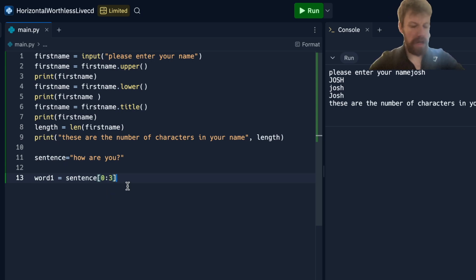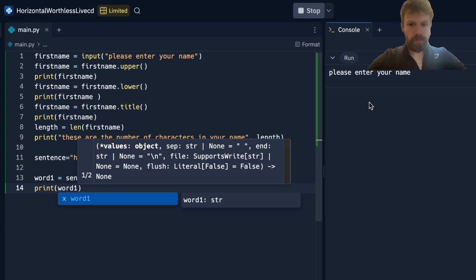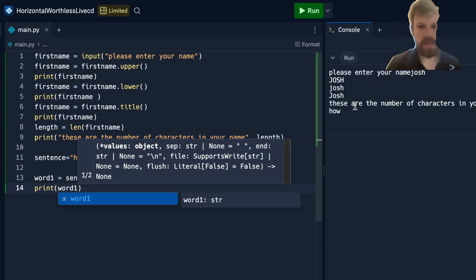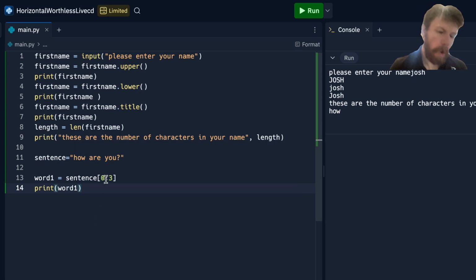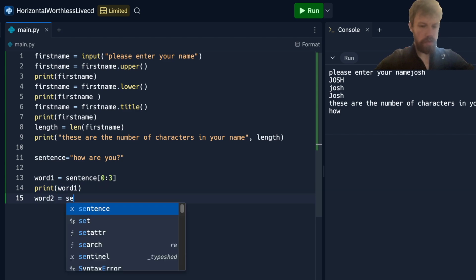So I'm going to go for 3, and if I print that out now, word 1, you can see that it's just going to say "how there". So you have to do one more than you think it's going to go to for the right hand number there. If I wanted word 2, called sentence,